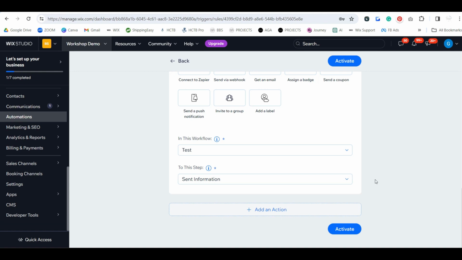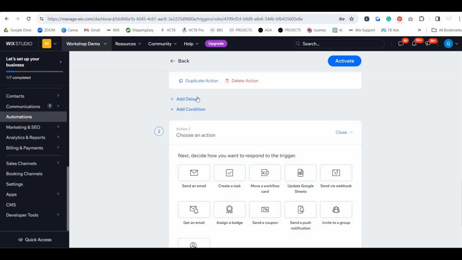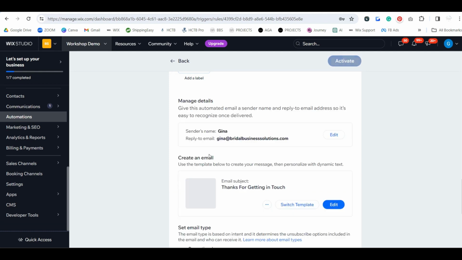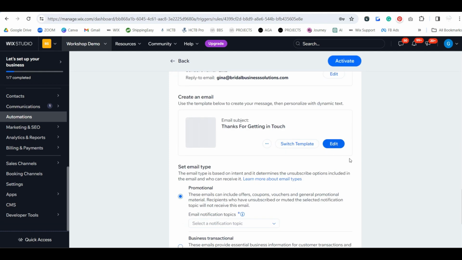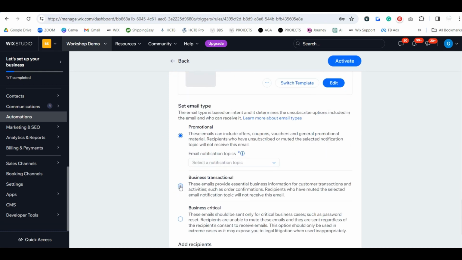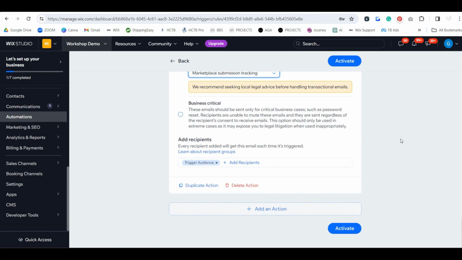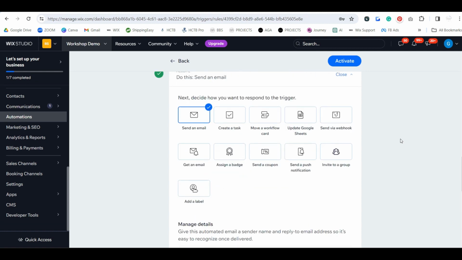We want to put them in the workflow and get them started in that and send them the email at the same time. So we're going to go ahead and add an action. We don't want to delay it, and we want to go ahead and send them an email. And then we can come in here and edit that. I'm going to go ahead and say same thing. There we go. And then if you wanted to just go ahead and activate that,